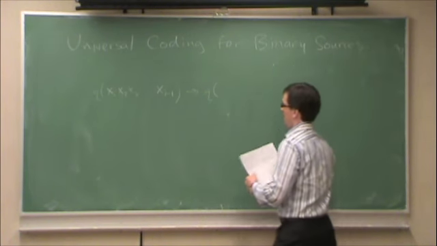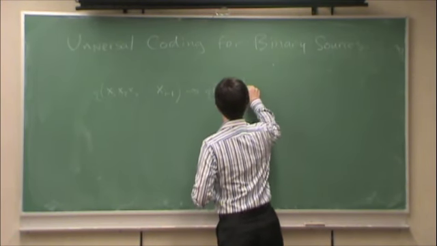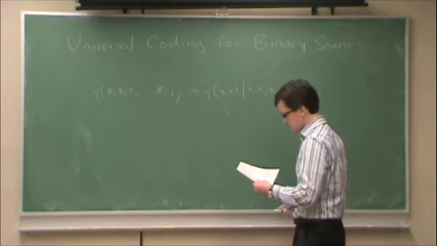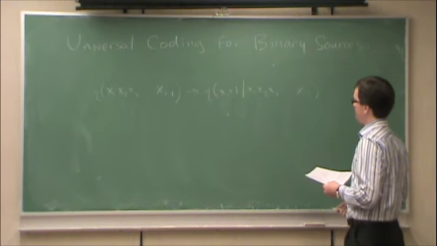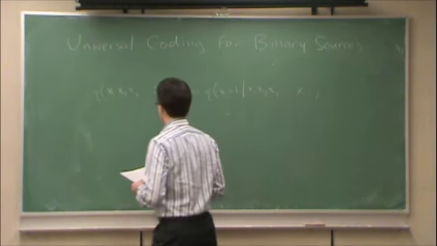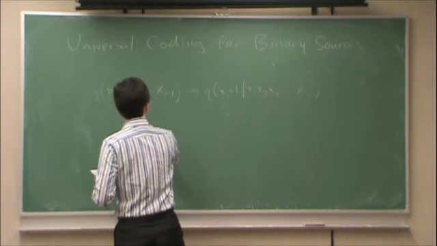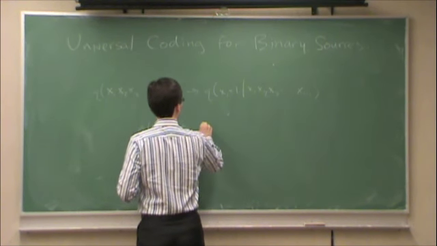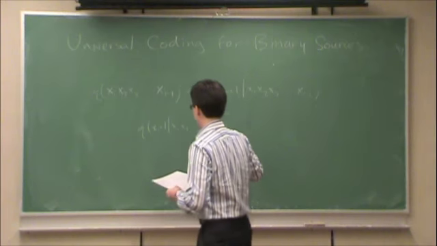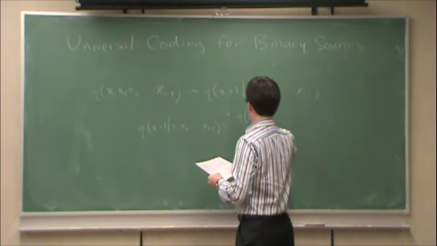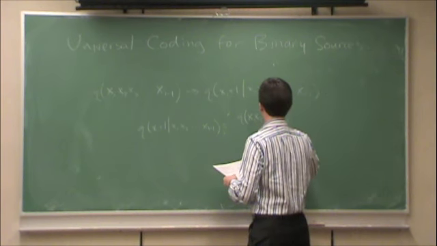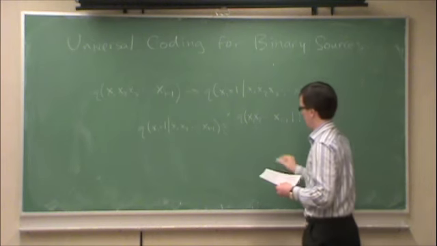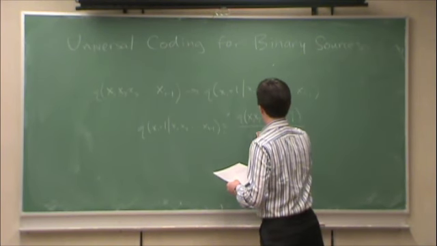Rewrite that. By Bayes' rule, q of xi equals 1 given x1, x2, so on up to xi minus 1 is equal to q of x1, x2, and so on, xi minus 1, and xi, where the xi position is equal to 1, divided by q x1, x2,